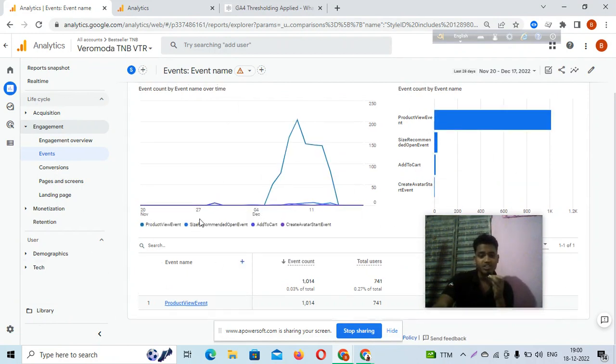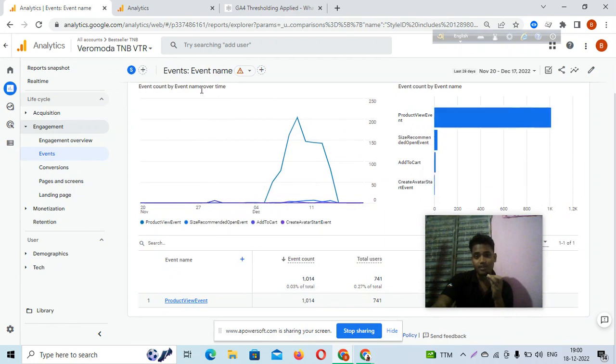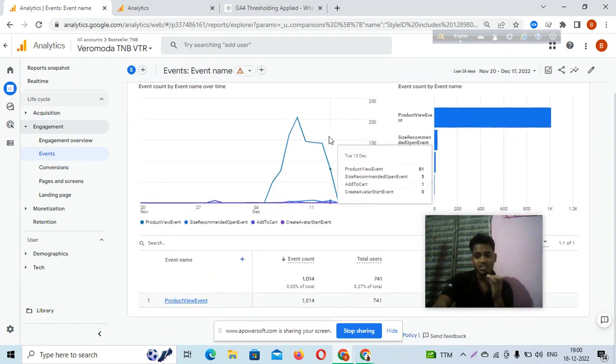So guys, I made a little comparison with a dimension, to see what events occurred in this dimension. There is only one event name here, the product view event, and the event count is 1014. It's too high, but